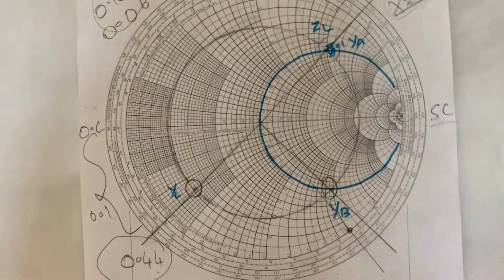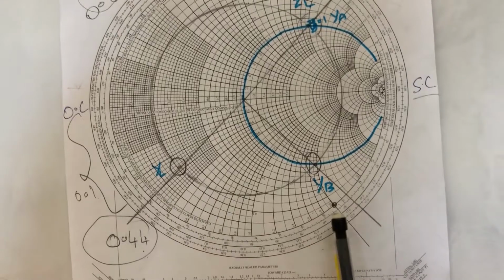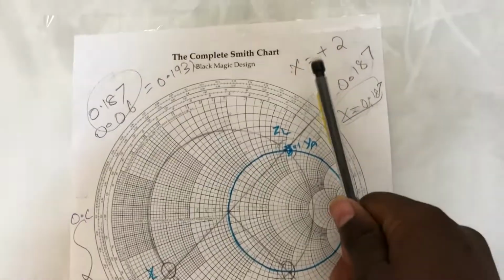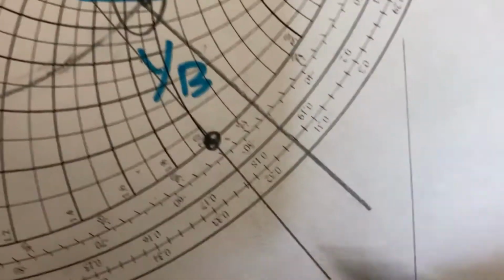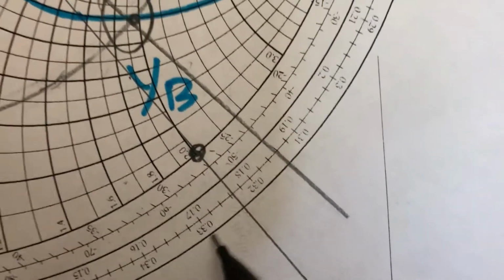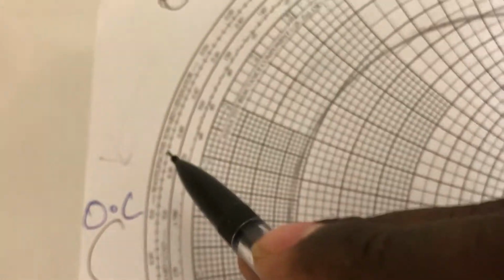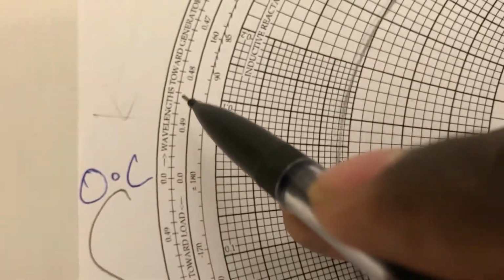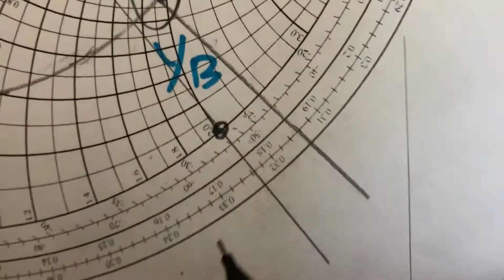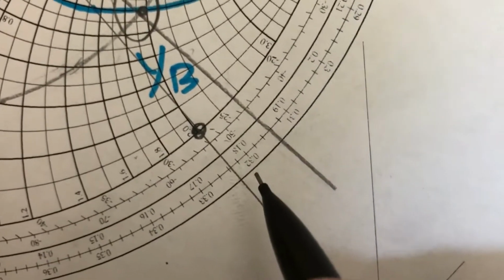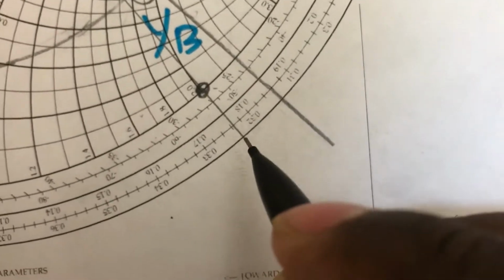We have drawn a line from the center through this 2 here, which we are going to use to cancel this plus 2 part of the solution. So go ahead and see what is the length here, which is between 0.32 and 0.33, and we are using the outermost part since we are moving towards the generator. As we can see here, towards the generator is going to be the outermost part, so be careful with this. Do not take 0.18 and 0.17. It's between 0.32 and 0.33, which is roughly here